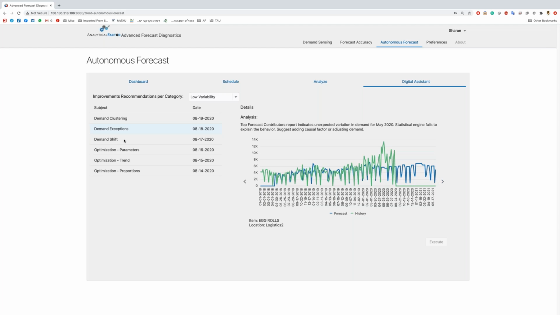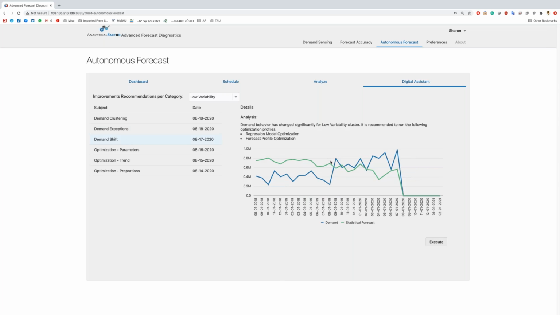Another example can be a demand shift. Our digital assistant ran on the aggregate of the low variability data, and when it looks at the mass, it finds that, as you can see again, the blue one is the demand in that case, and the statistical forecast is flat.